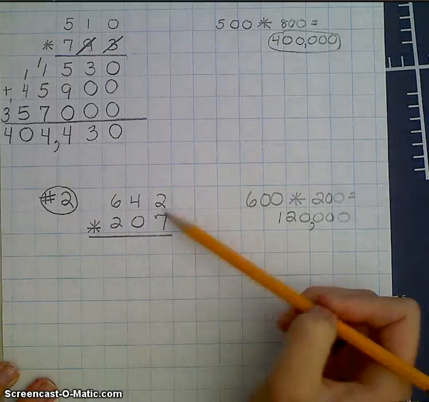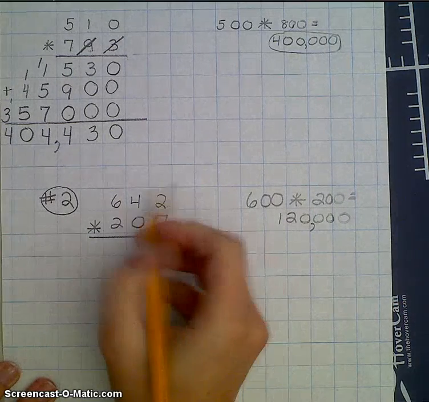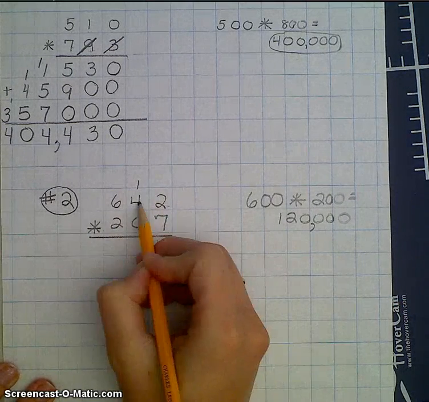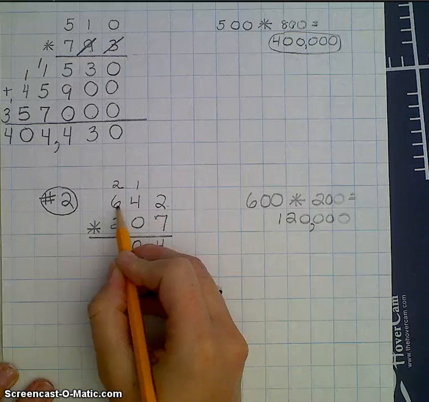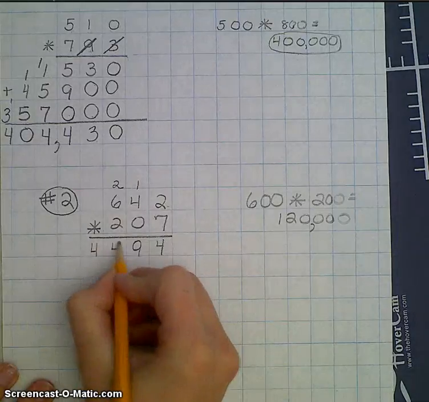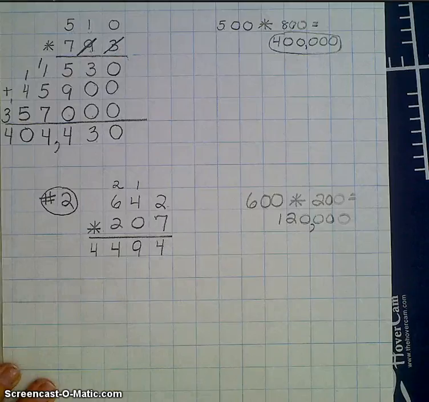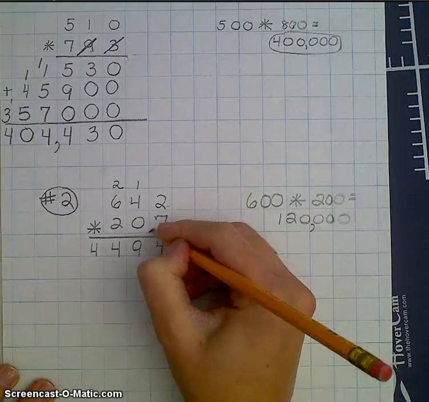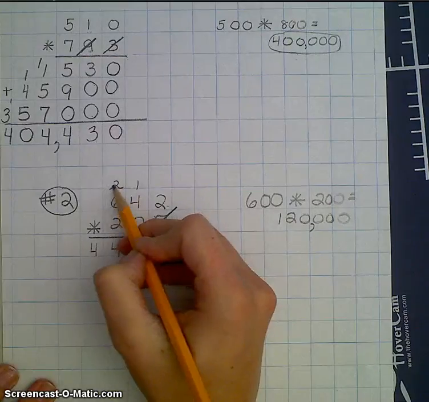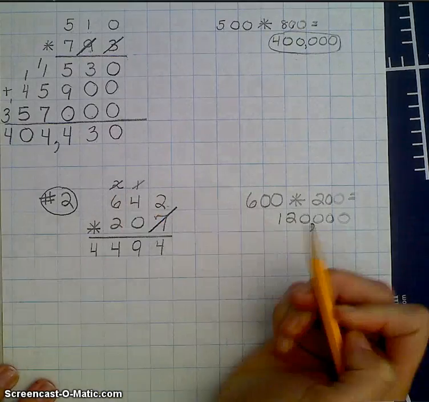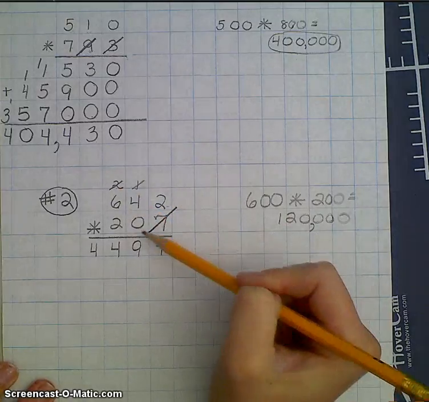Again, we're going to start with the ones times the ones. So 2 times 7 is 14. Carry the 1. 7 times 4 is 28, plus 1 is 29. Carry the 2. 7 times 6 is 42, plus 2 is 44. Alright, check your first row with my first row. See how you did. Alright, so I'm going to come up and cross off my 7. You know what else I'm going to do? I'm going to cross off this number and this number, the ones I carried, because I'm all set with these, so I don't want to get confused when I move to the next digit, so I'm going to cross them